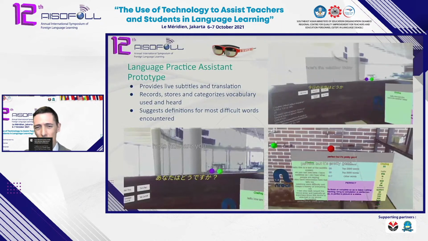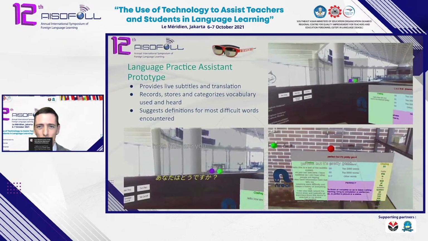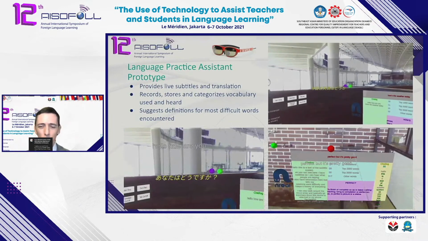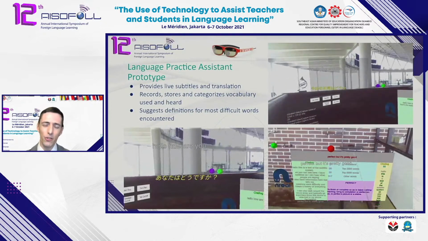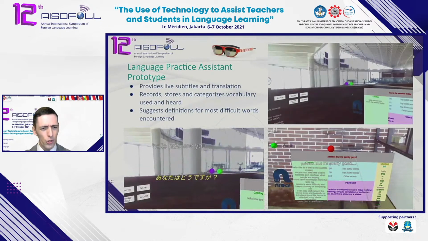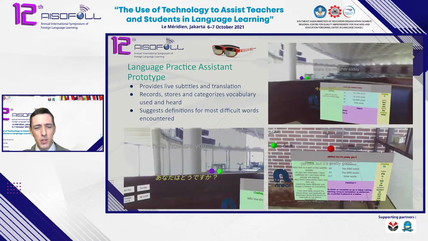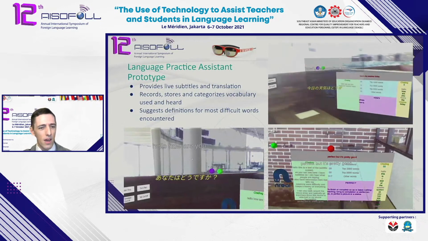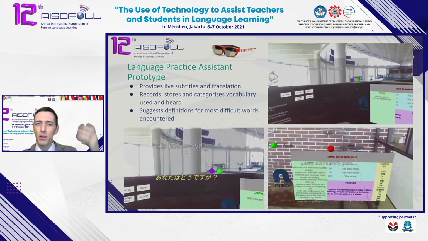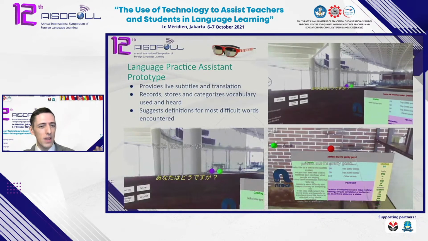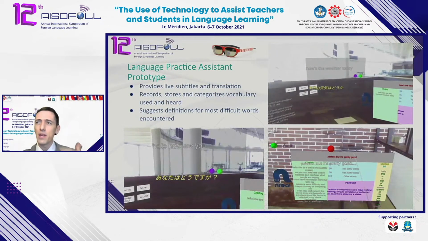Smart glasses are, again, not available yet, but they will be available potentially soon. And one really amazing affordance that smart glasses can potentially bring is, of course, live subtitles for your students. So you can imagine in a couple of years from now, again, I apologize for the quality of these images, it's an early prototype that I'm creating. The student can see subtitles in front of their eyes of what other people are saying. And those subtitles can be in the target language and translated into their own language to assist them in understanding